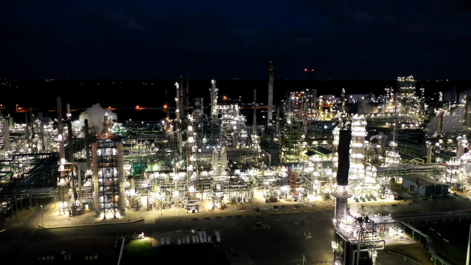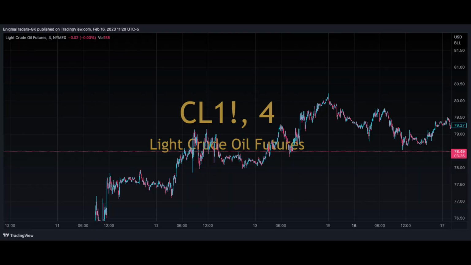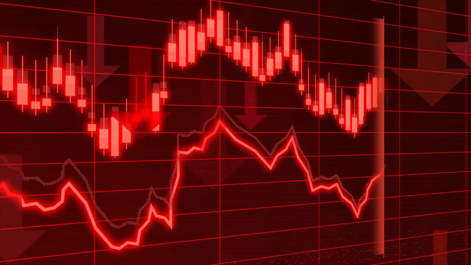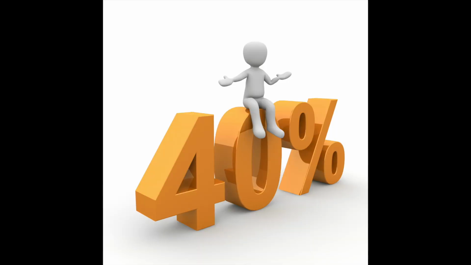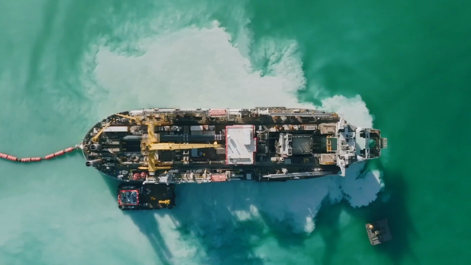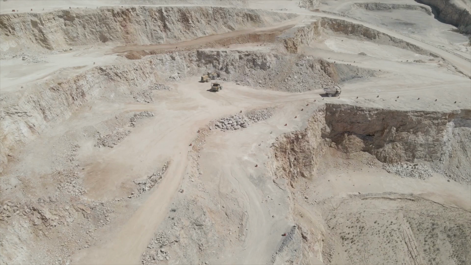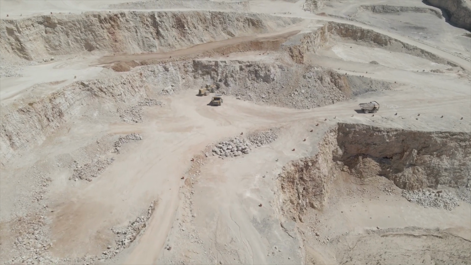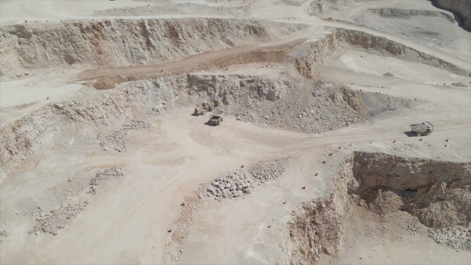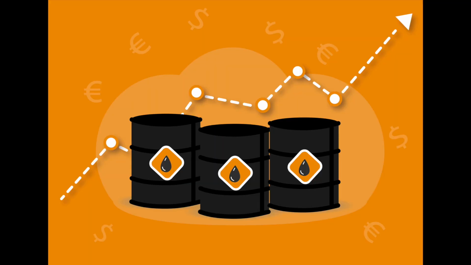For instance, if OPEC decides to cut production quotas, it will reduce the supply of oil and cause prices to rise. On the other hand, if OPEC increases production quotas, it will increase the supply of oil and put downward pressure on prices. It is important to note that not all OPEC countries always adhere to the production quota set by the organization. Some countries may choose to produce more or less oil than their quotas allow, which can have an impact on the supply of oil and prices.